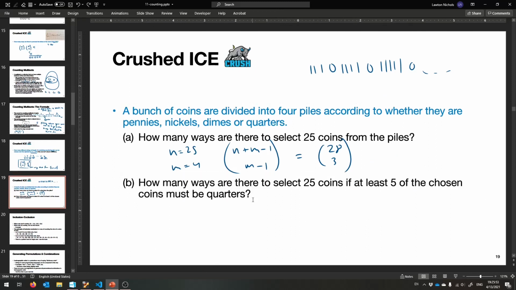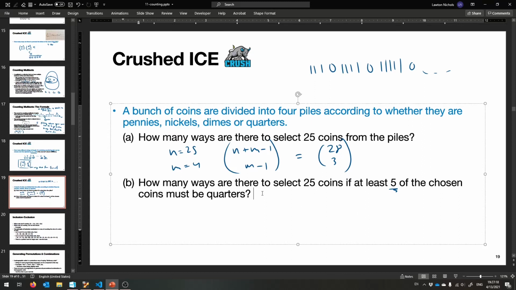Okay, so how many ways are there to select 25 coins again if at least 5 of the chosen coins must be quarters? Yeah? So this one, you have to notice that this 5 is special. It's like you don't get to choose the same amount anymore, okay? So you have to pick the 5 quarters up front, okay? You're stuck with 5 quarters. And the key thing here is also that we're assuming that all the quarters are the same. That quarters, all coins, are the same type, denomination type, are